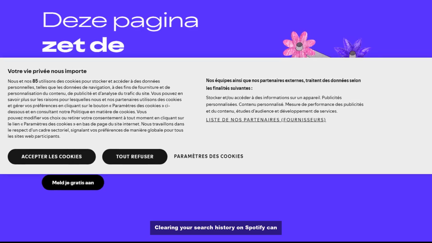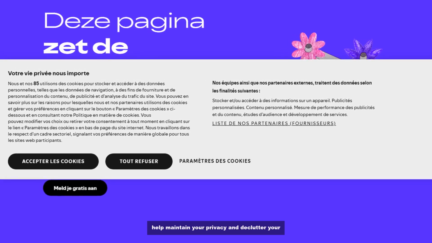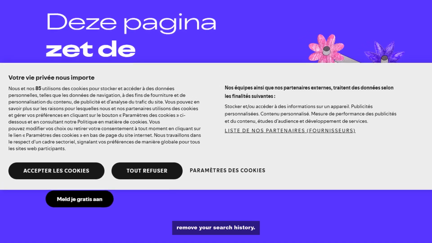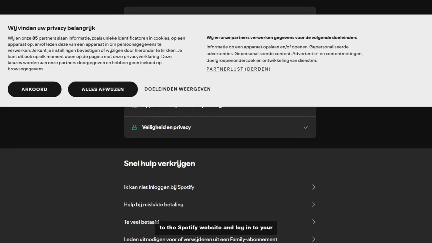Clearing your search history on Spotify can help maintain your privacy and declutter your experience. Follow these steps to easily remove your search history. Step 1. Open Spotify. Launch the Spotify app on your device or go to the Spotify website and log into